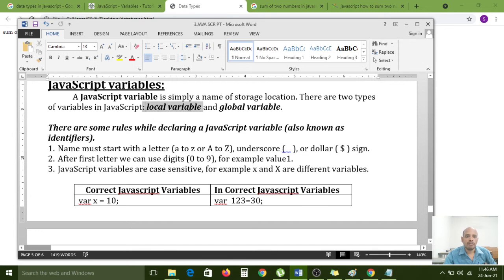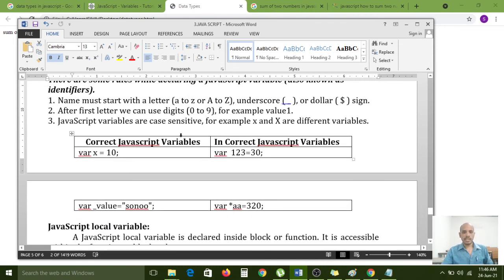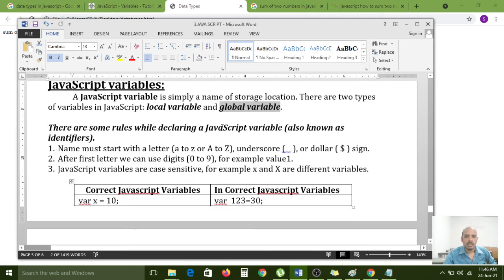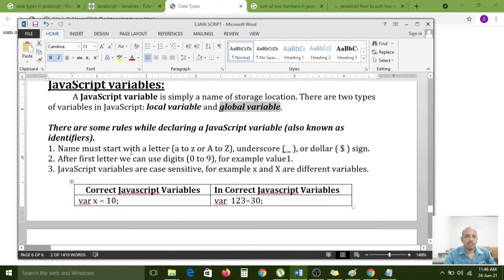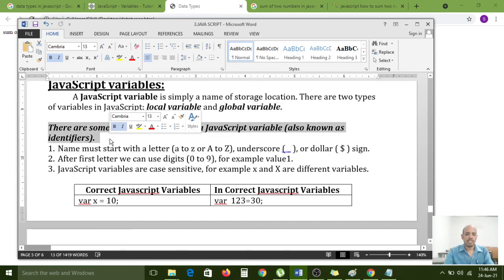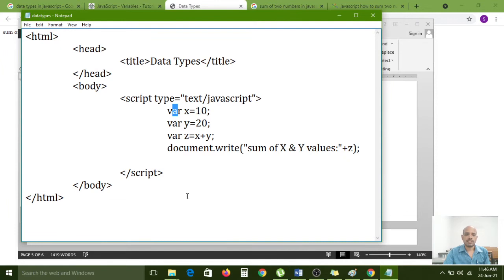One is local variable and the second one is global variable. Carefully observe. There are some rules while declaring a JavaScript variable, also known as identifiers. Actually, JavaScript variables are also called identifiers.